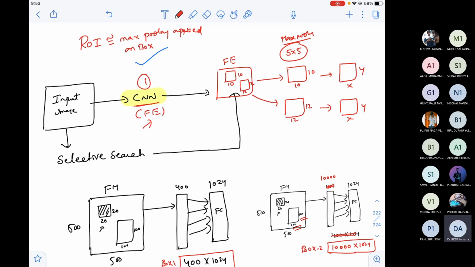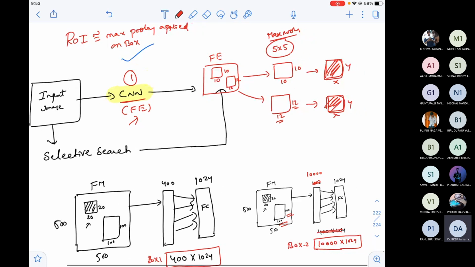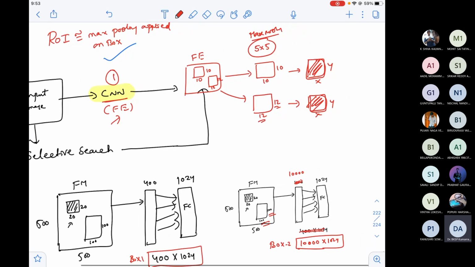Okay, so that means if the x comma y is constant for any box, of course you're losing some information, but that we will handle later. But actually we are trying to get the x comma y. So once I have same sized outputs irrespective of the box, the number of weights between this and the number of weights between this is also the same. If the number of weights are the same for every box, then I no need to introduce new weights. I can retrain the same weights and come up with the solution. So this is the main theme of ROI pooling.